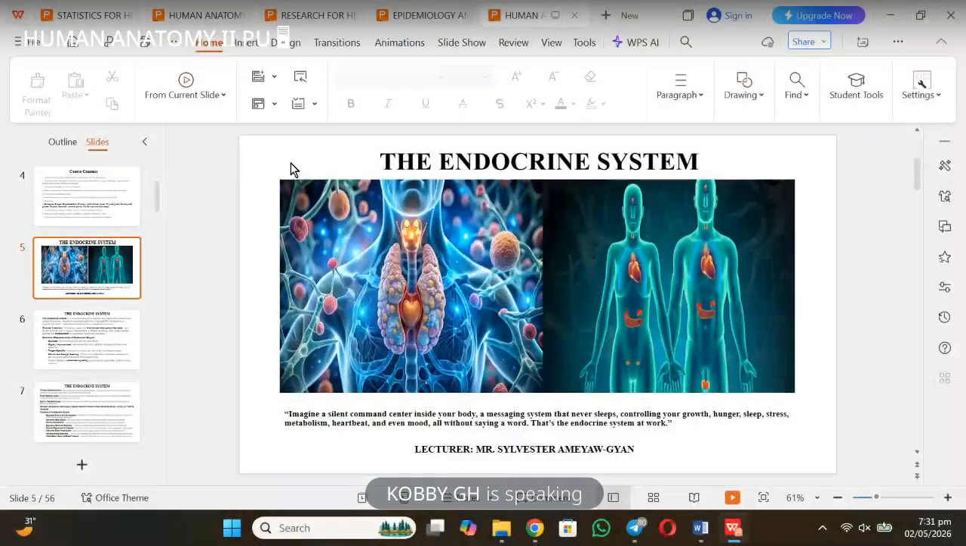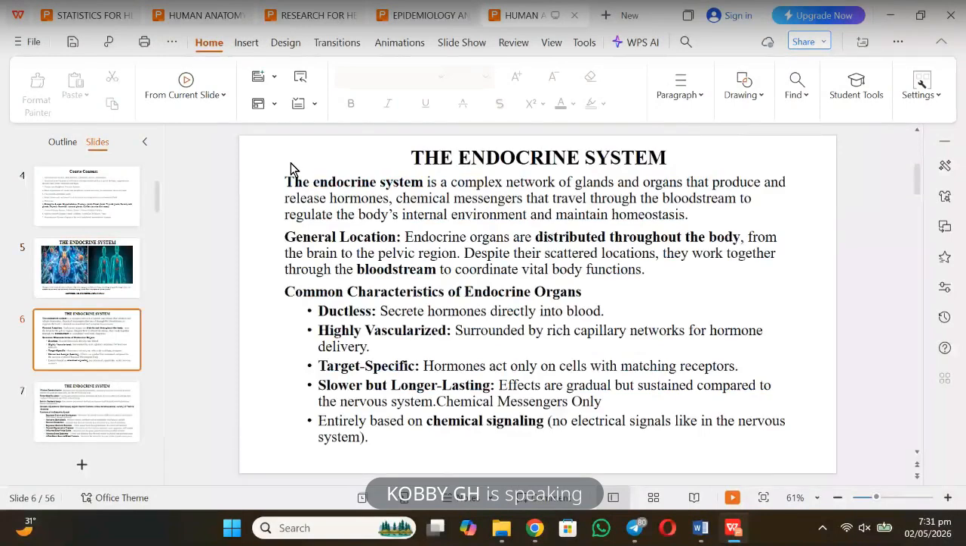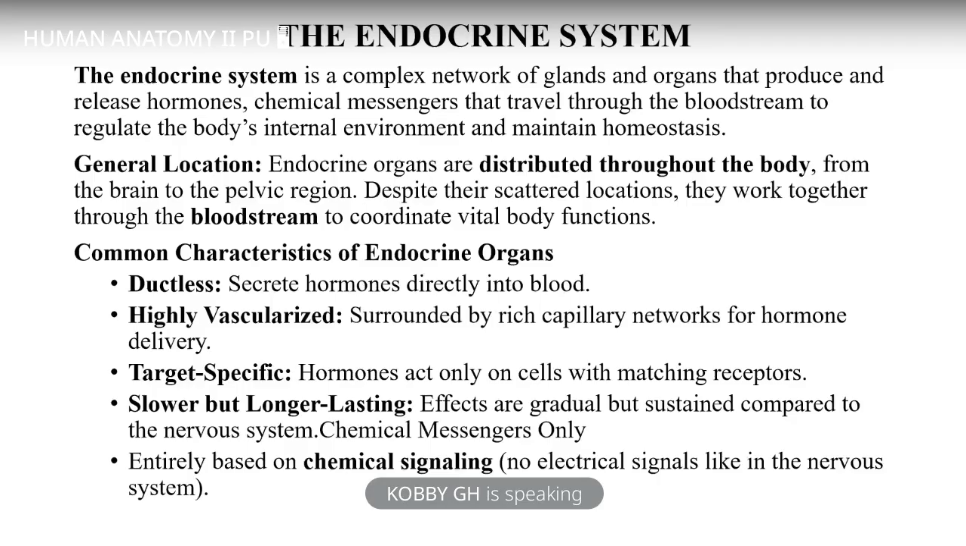Okay, so the endocrine system. Now, the endocrine system is a very complex system, just like the nervous system. It is made up of glands and organs, and with the glands and organs in the endocrine system, they are responsible for releasing hormones, or sometimes we call them